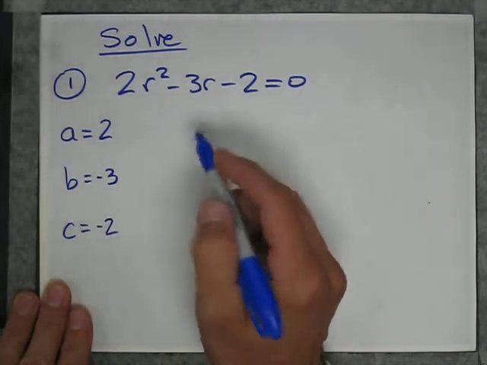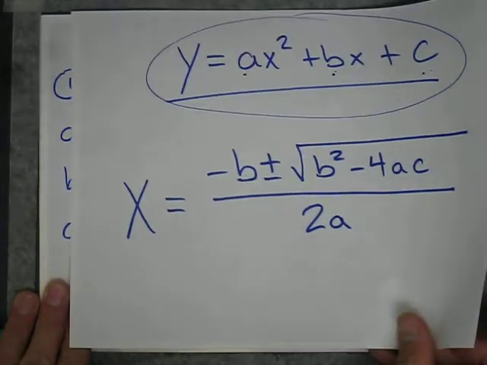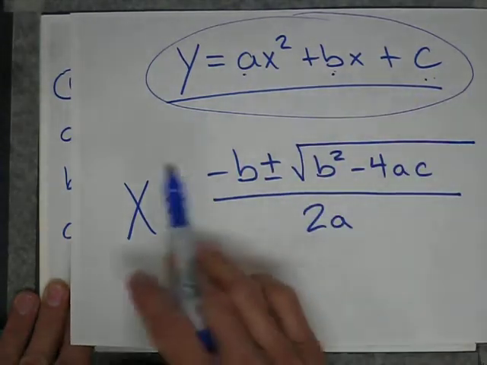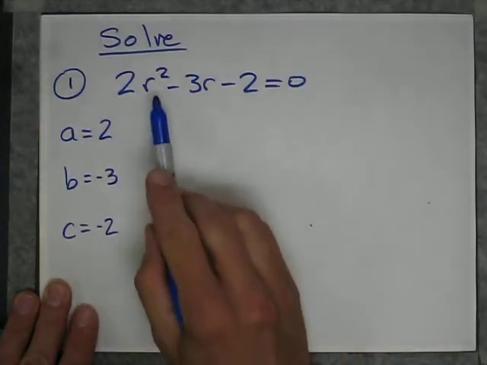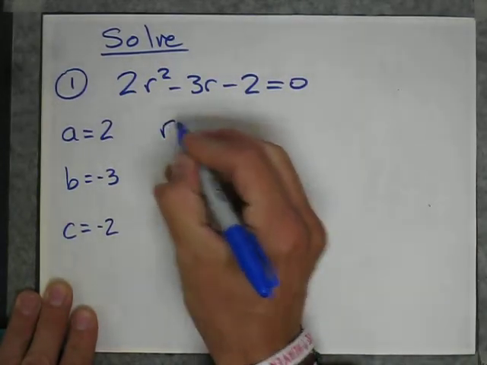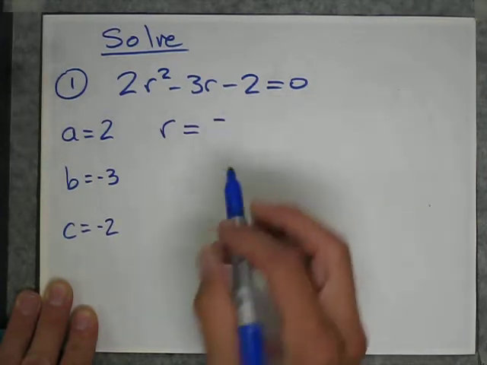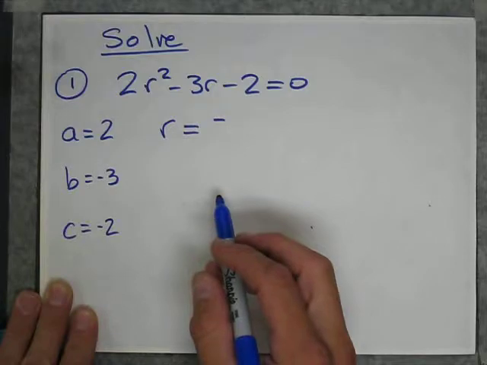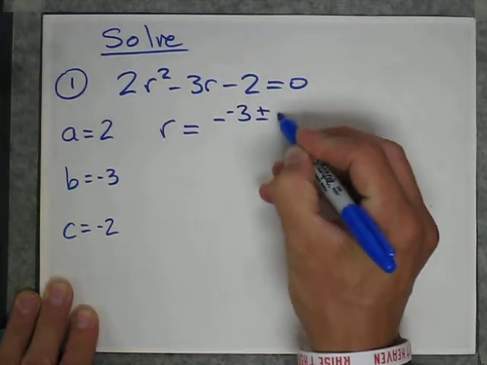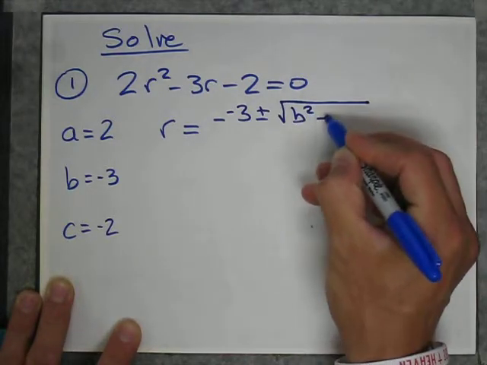Now we're not solving for x like the quadratic formula showed, because that was x in the general form. In this equation, what we're solving for is the r. So we're going to put r equals negative b. Well, b is negative, so it's going to be a negative negative 3 plus or minus the square root of b squared minus